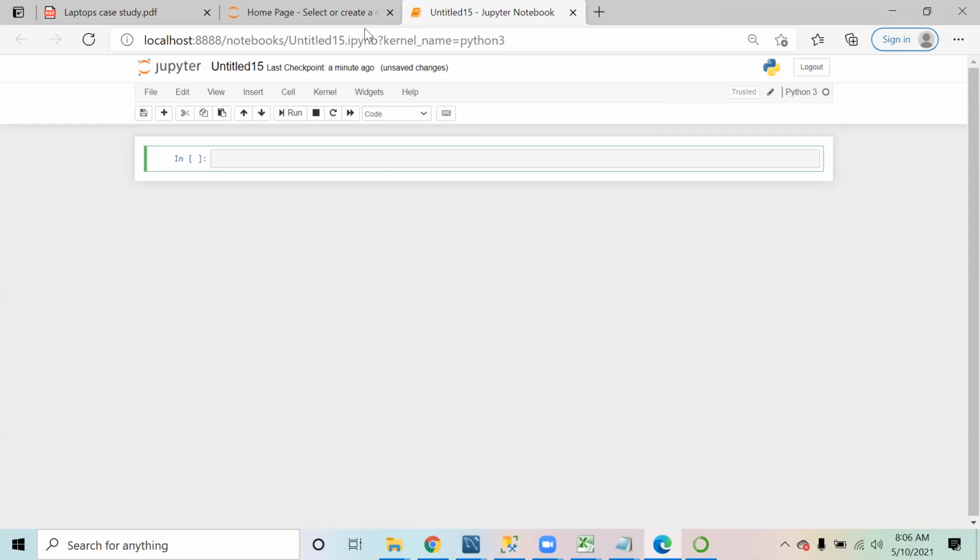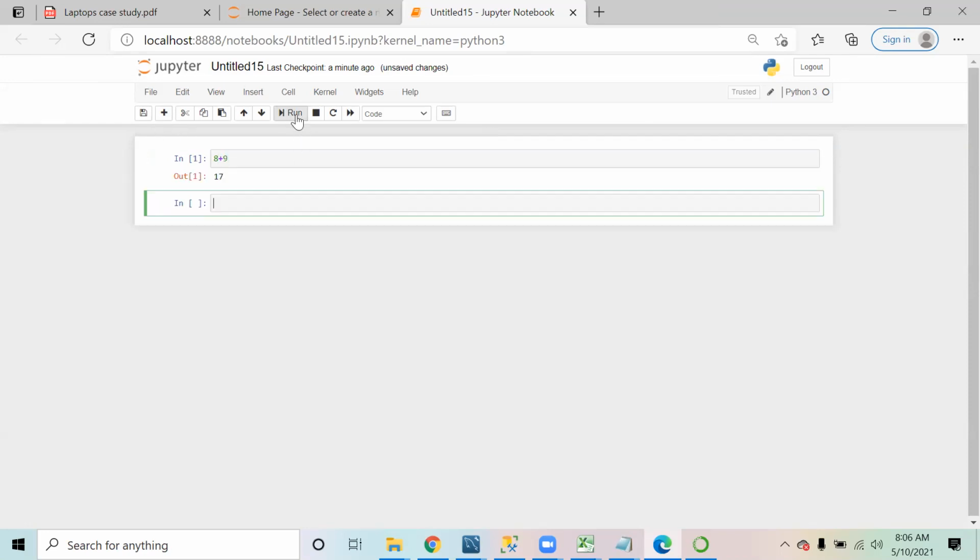Now if you write something like 8 plus 9 and you run it, you write the code over here and it gets executed over here. It shows you the output right away. So just try this out. Just try some basic mathematical questions over here.